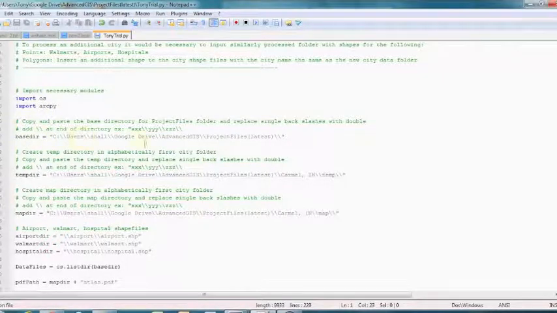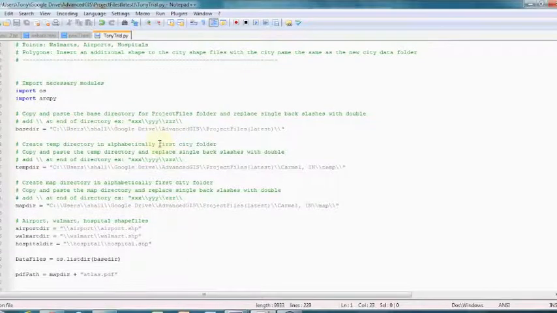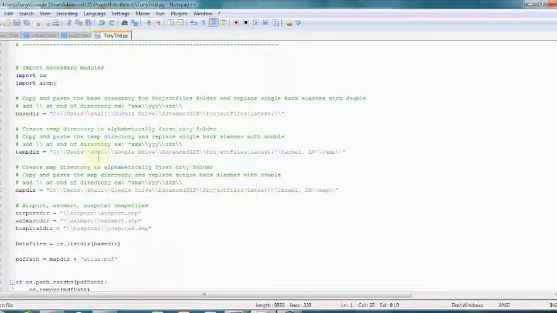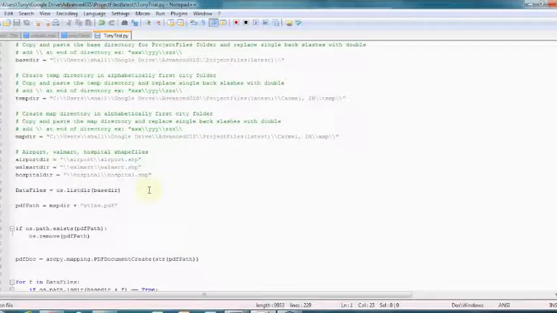establish our base directories. Like we have our base directory, and just depending on where exactly it is located, this source might change. So we have a temporary directory as well, where we will store some of our temporary files, and a map directory where our maps will be generated. Okay, also we have a few more directories here just to establish. We have an airport directory, Walmart directory, and a hospital directory, basically where our shapefiles with this information are